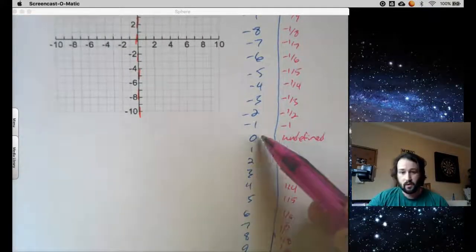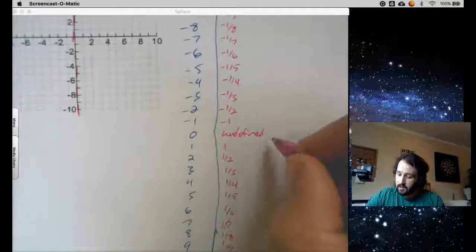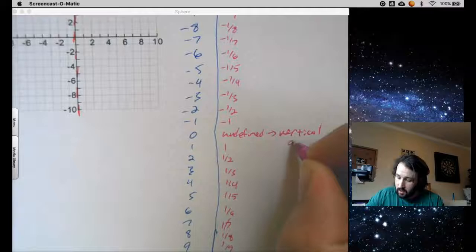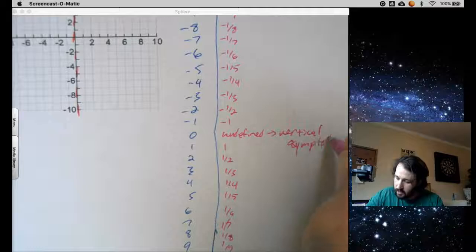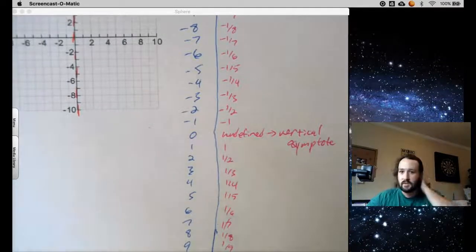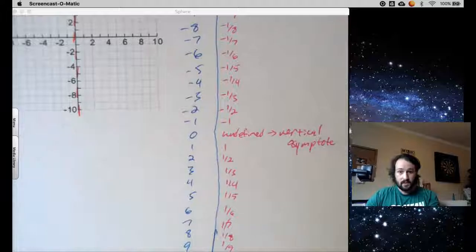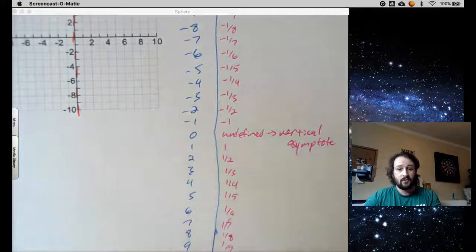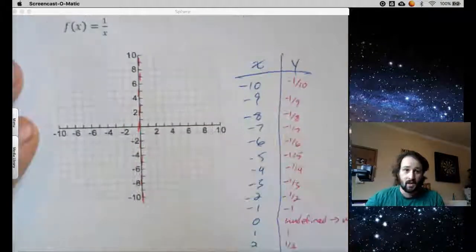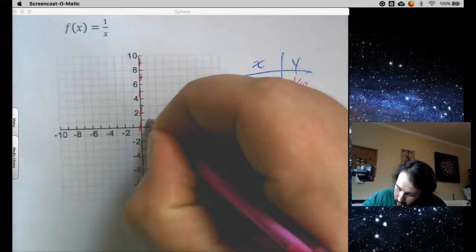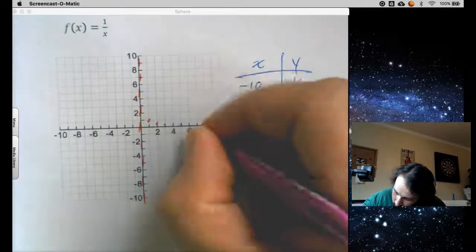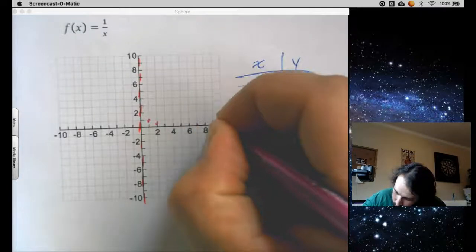1 over our number. Remember, 1 over 0 is undefined, so that creates something called a vertical asymptote. A-S-Y-M-P-T-O-T-E. Asymptote. So that's undefined. And then 1 over 1, 1 over 2, 1 over 3, 1 over 4, 1 over 5. They're different values, but notice they're getting really, really small. So if I were to graph these values, 1 over 1, 1/2, 1/3, 1/4, 1/5, 1/6, 1/7, 1/8, 1/9, 1/10,